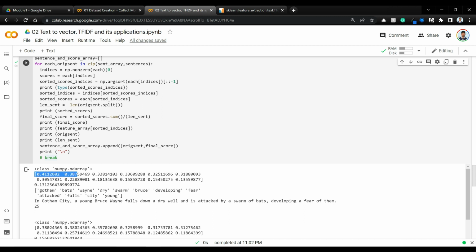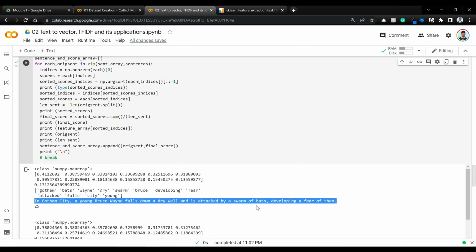We just sum all these things and divide by the total length of the sentence, so that we are normalizing the score. So at the end of the day, this is a score that we get, and it's basically the average TF-IDF